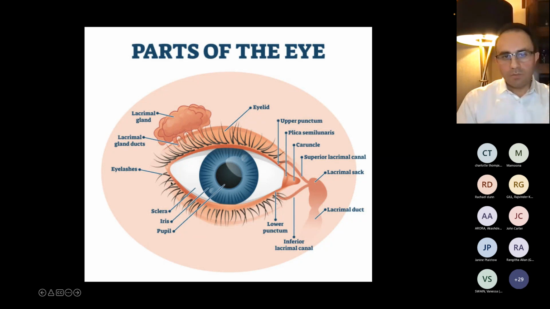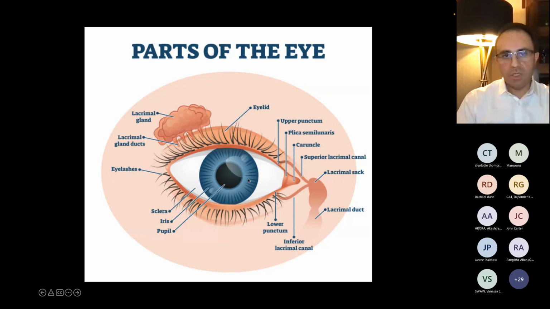And on the margins of the eyelids, we have the eyelashes, and in between the eyelashes, there are what we call accessory lacrimal glands. So there is some production of different layers of the tears coming from this area. The actual watery component of the tears comes from here. However, the lipid layer, in addition to other components, comes from glands which are located